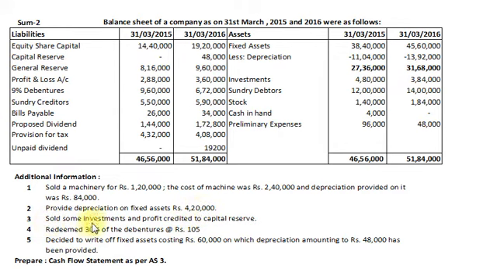Sold some investments and profit credited to capital reserve account. Number 4. Redeemed 30% of the debentures at rupees 105. Number 5. Decided to write off fixed assets costing rupees 60,000 on which depreciation amounting to rupees 48,000 has been